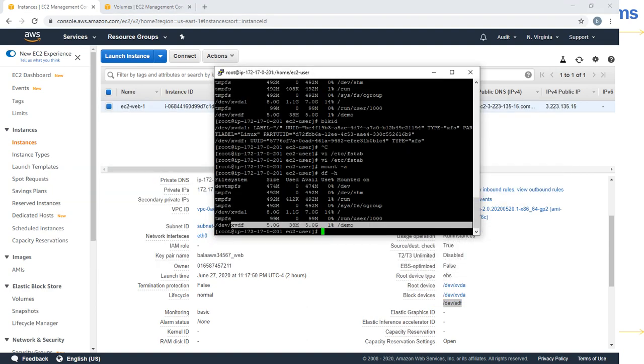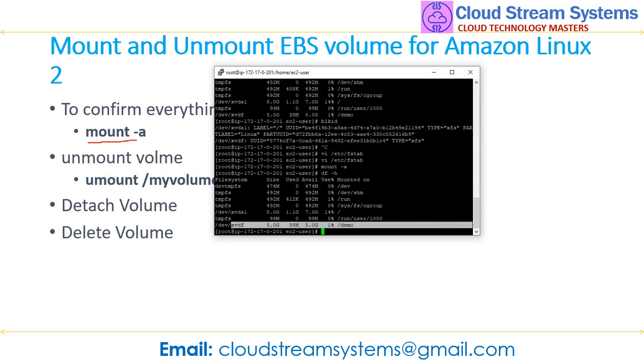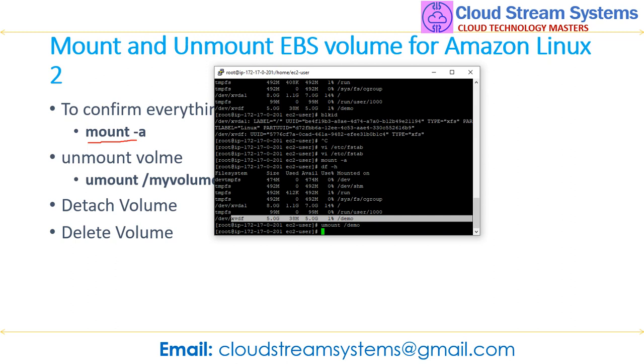To avoid unnecessary charges, you may unmount. So how will you unmount? You unmount the directory you used. In my scenario, I used demo. You unmounted successfully.